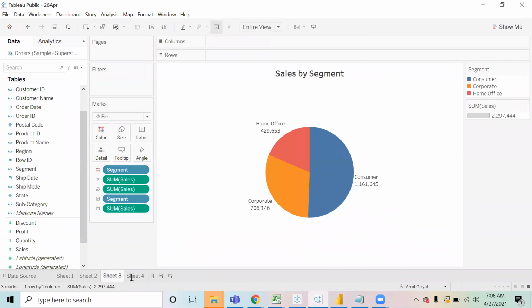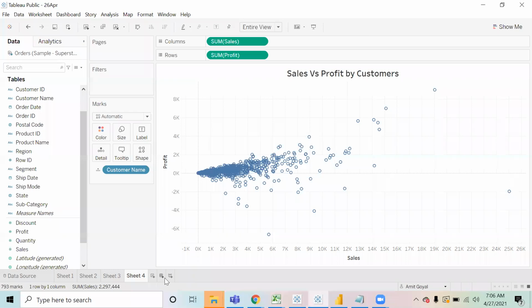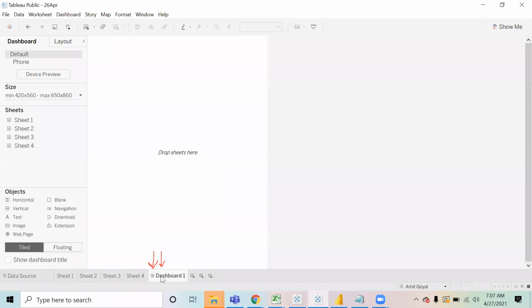So the next part is, you see there is a small section over here. When you click on this, it adds a sheet, and if you click on this icon, it is going to add a dashboard over here.